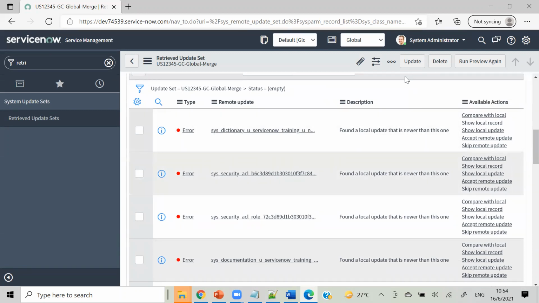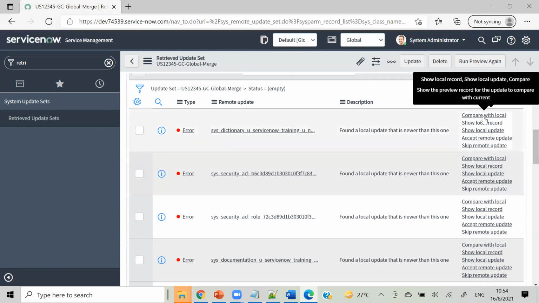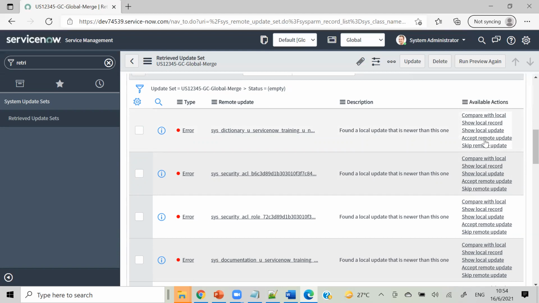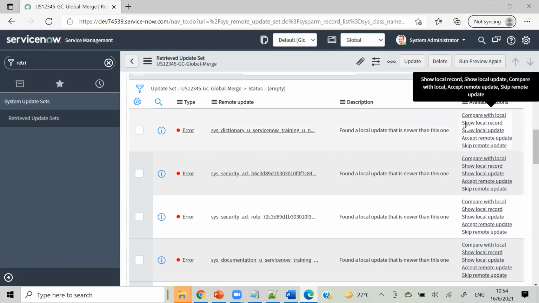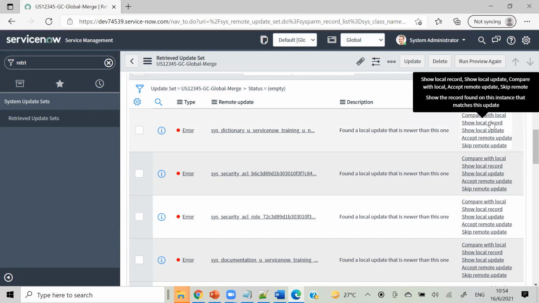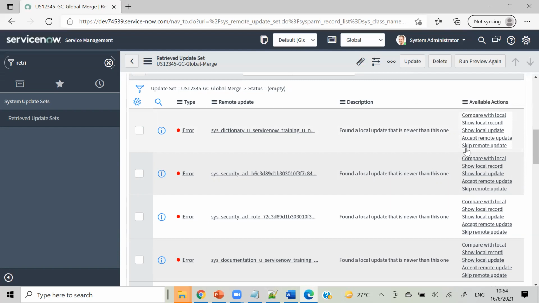And we have these available options on the side, like we can compare with local update set. Local means your test instance, and remote update means your update set. So show local record, show local update, and you have accept remote update, or skip remote update, you can choose based on your condition.